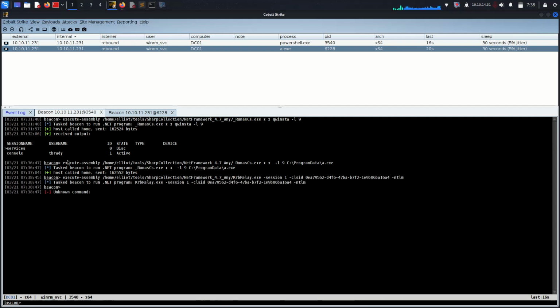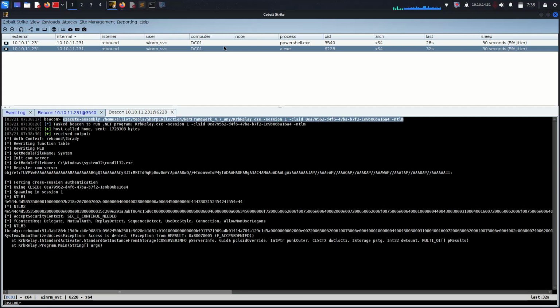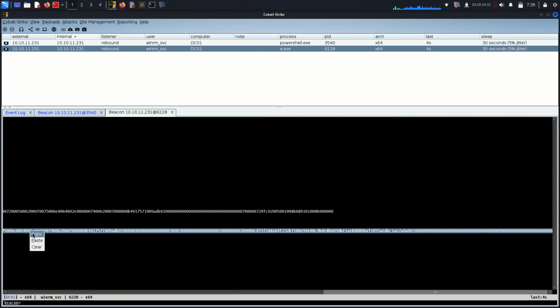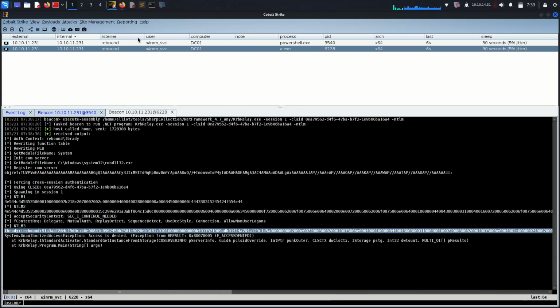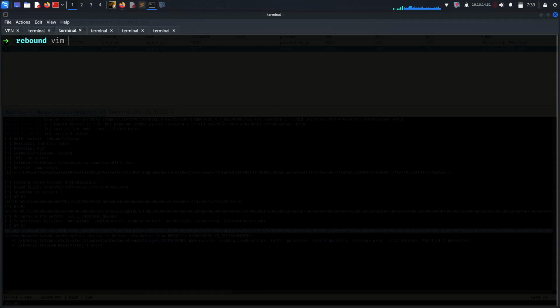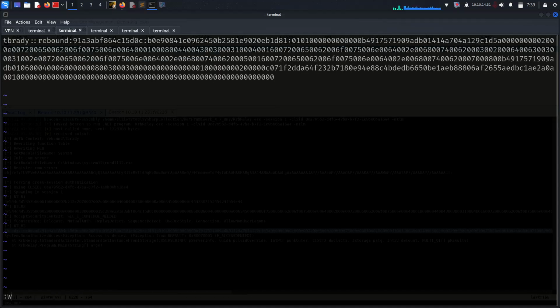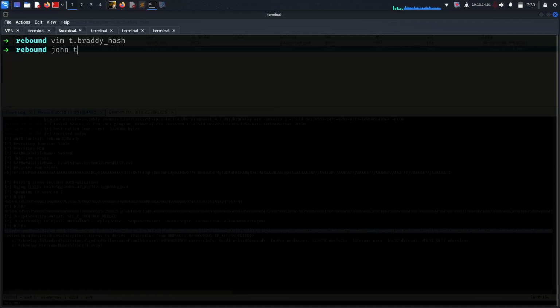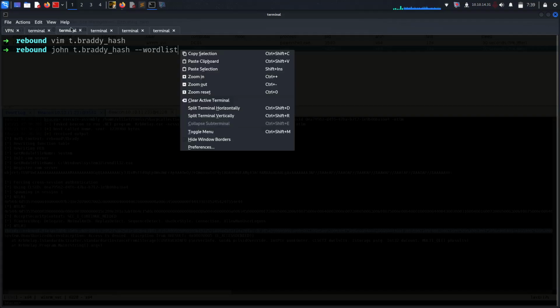That's why we are grabbing the interactive login beacon here. And if you try to run it now, you will see here it's not gonna work, so it will just work on the interactive login beacon, which is a.exe here. So let me just grab the tbready hash and let's see if it's really crackable and if we get something similar and something new. So tbready hash and then John tbready hash --wordlist